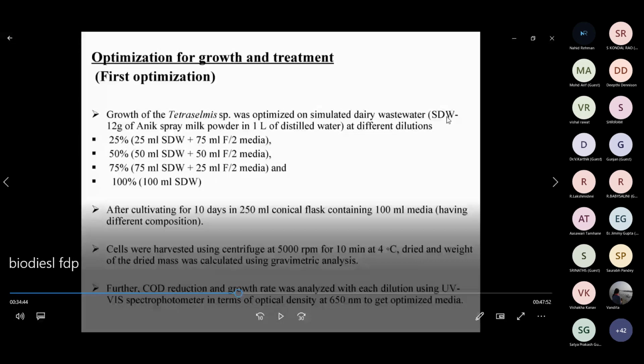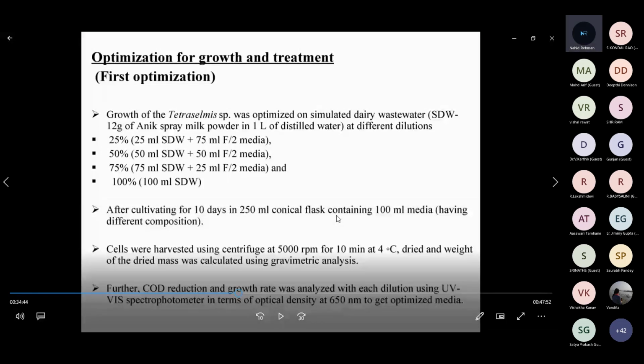So we have chosen three percentages: 25%, 50%, and 75%, and the 100%, to see the effect on the F2 media, which is having different concentrations of the milk powder. So after cultivation for 10 days in a 250 ml conical flask containing 100 ml media,